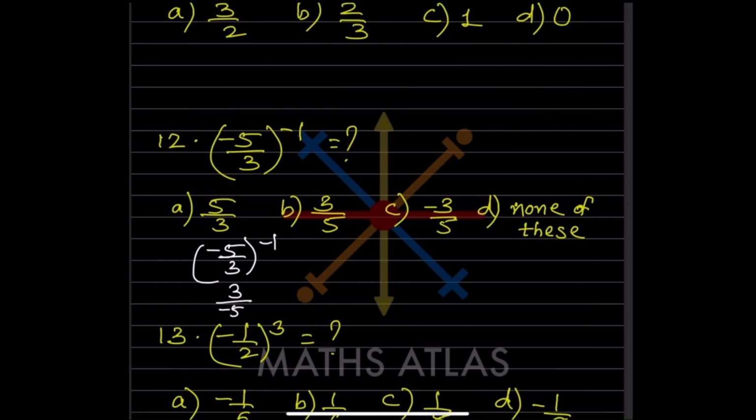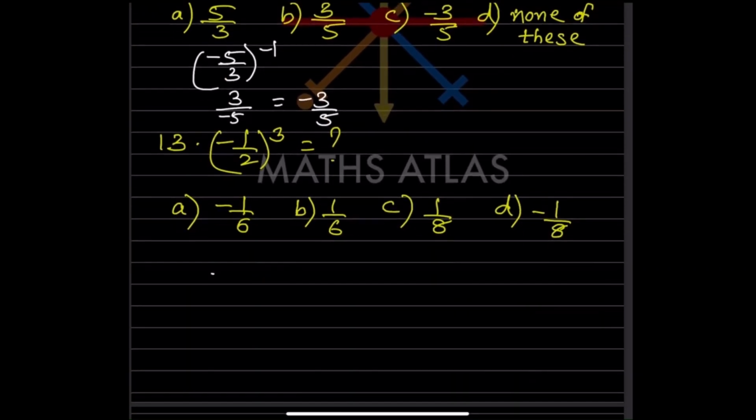So this is going to be, we can also write here minus 3 by 5. So C is the option for that one. Now again you will look for,